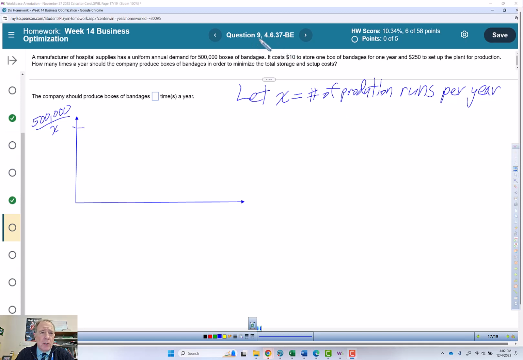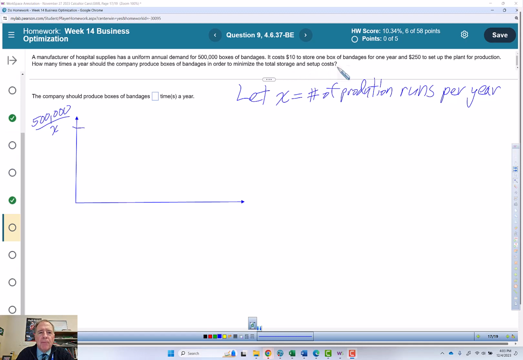This is question 9 of the business optimization assignment. A manufacturer of hospital supplies has a uniform annual demand for 500,000 boxes of bandages. It costs $10 to store one box of bandages for 1 year and $250 to set up a plant for production. How many times a year should the company produce boxes of bandages in order to minimize the total storage